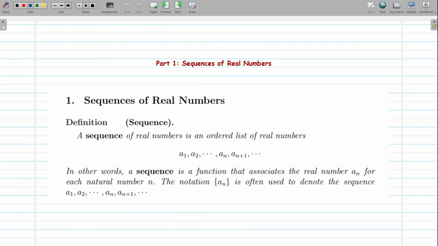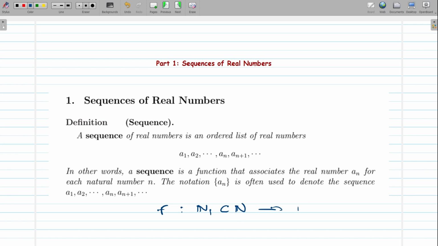In this video, we're going to be talking about sequences of real numbers. Before we even start talking about sequences of real numbers, let's first define what a numerical sequence is. A numerical sequence is a mapping from some subset. Let's say we have some mapping, and we're going to call it F, for example. So a numerical sequence is a mapping from some subset of the set of natural numbers,